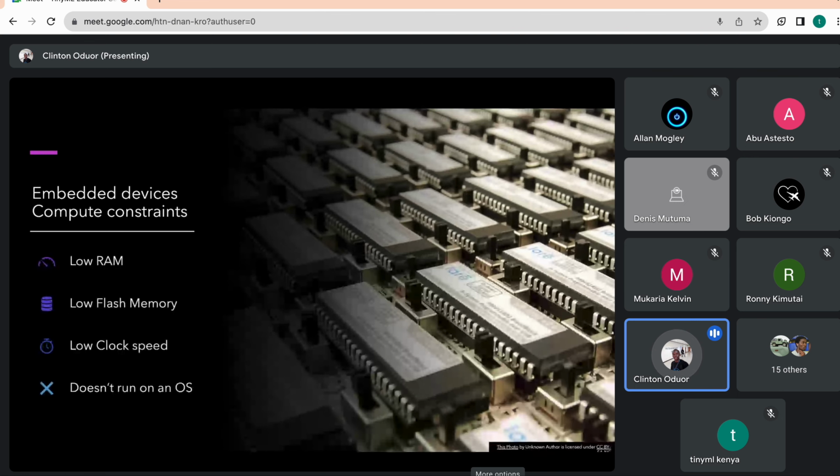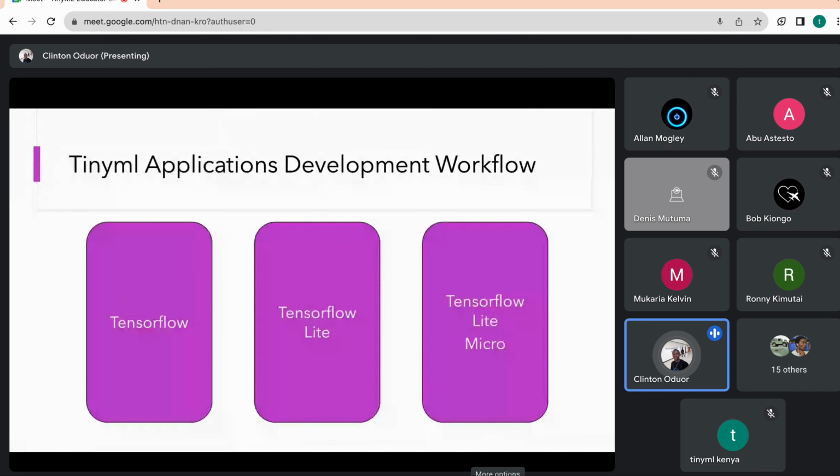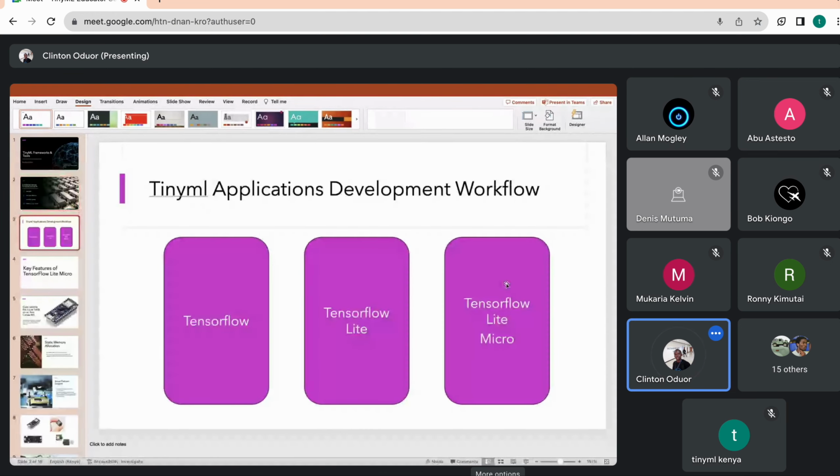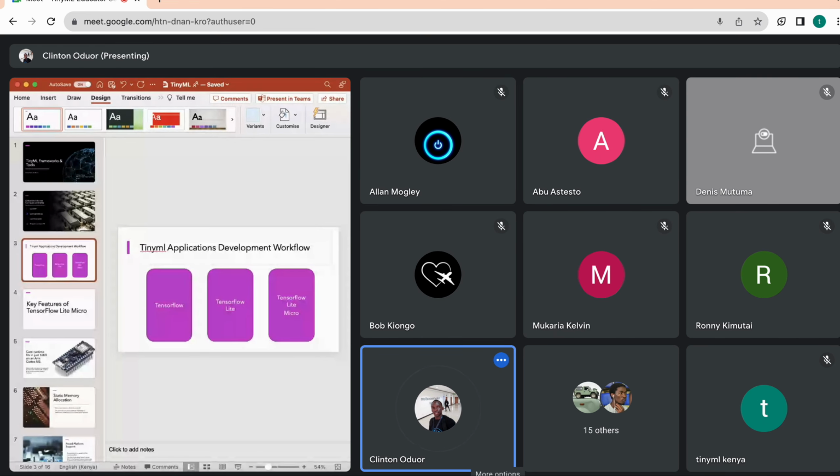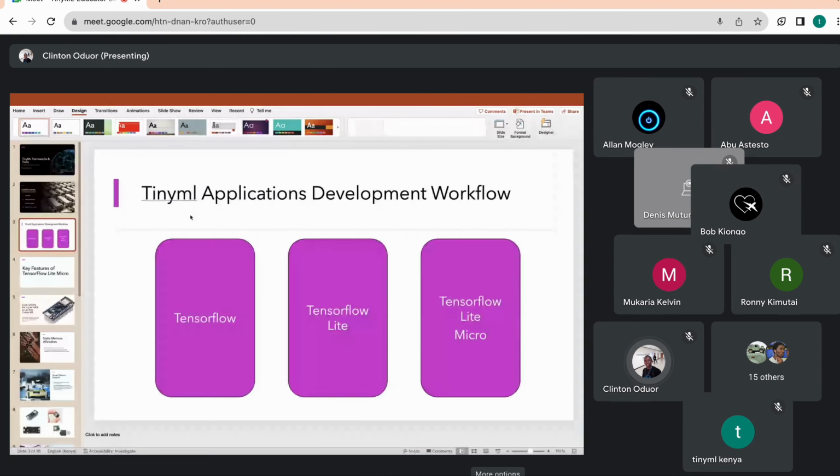So let's look now at the development life cycle, or the development workflow of a TinyML application. Sorry, again, I think there's something messing with me. Sorry for the interruption again. So we are talking about the